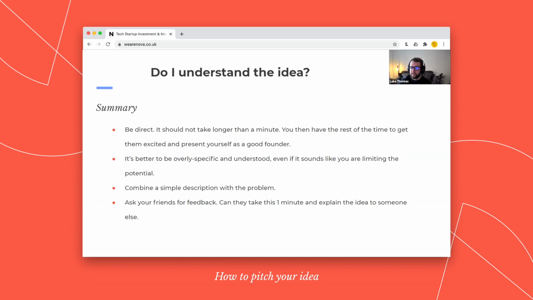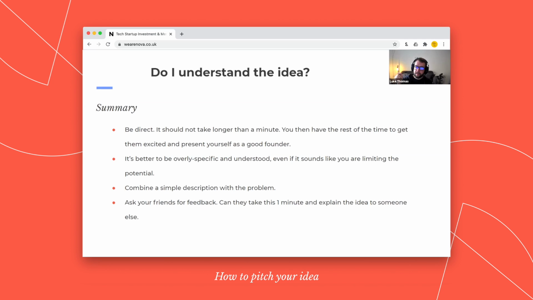And the best piece of advice I can give you before the pitch day is to take your 1 minute and just keep pitching as many people as you can and make sure that they understand it, so that you're confident that whether or not the idea gets taken forward, they at least understand it. And that's the most important thing.